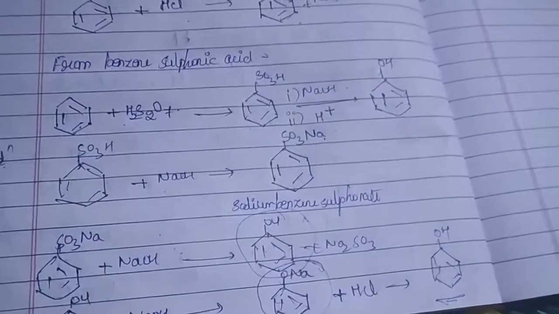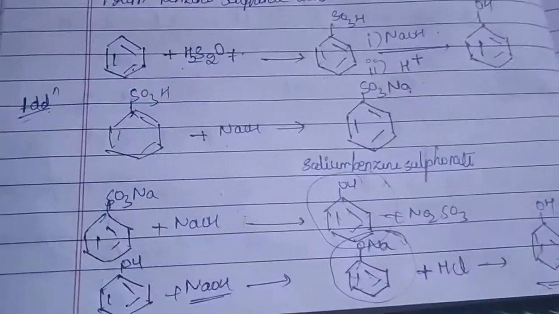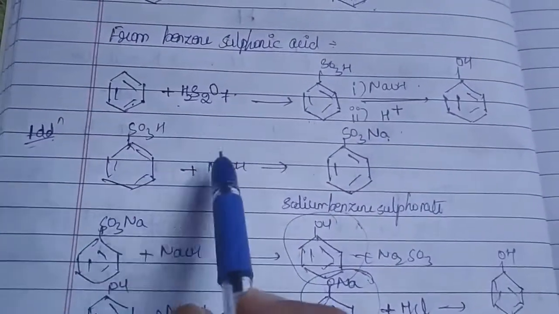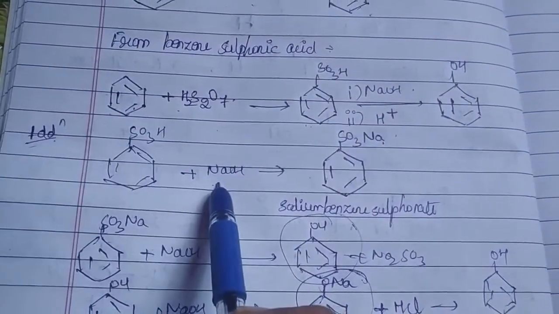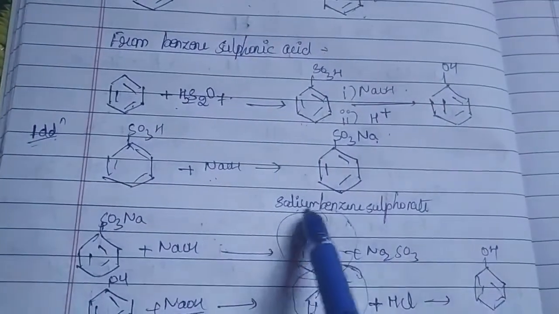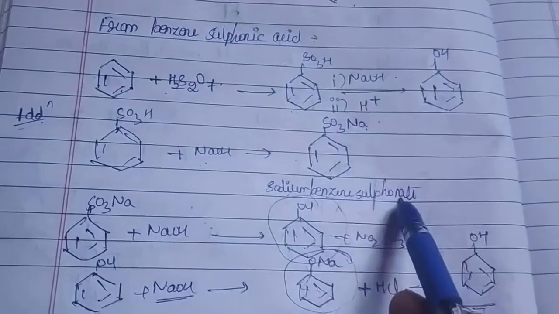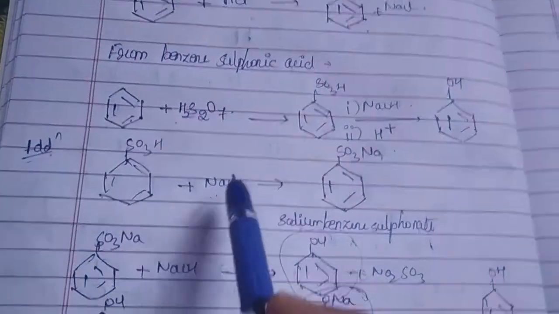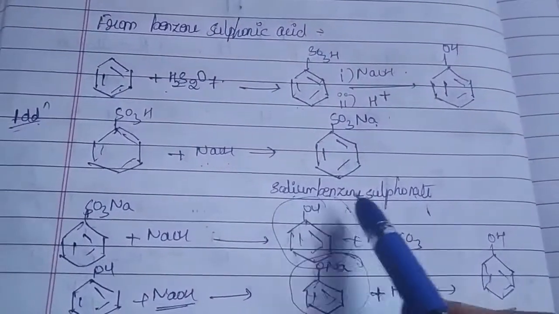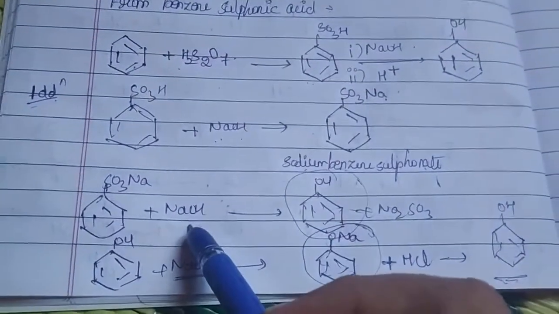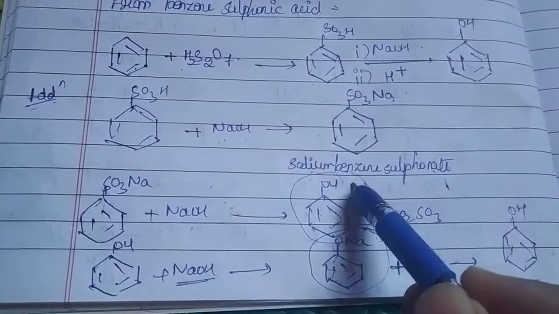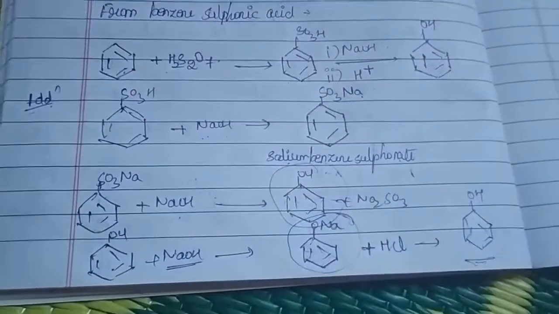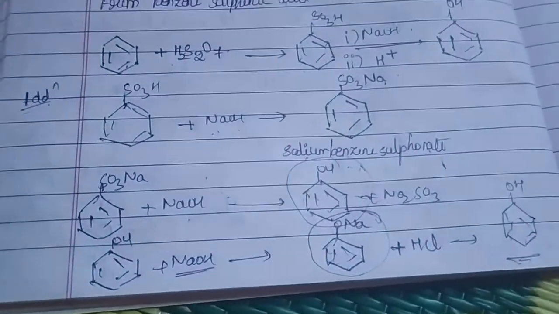What you can say, it can easily sit in your mind. But if you are a chemist, if you want to understand the chemistry behind it, this is what is taking place. Once you have obtained the benzene sulfonic acid, it is first treated with NaOH to give sodium benzene sulfonate. Then this sodium benzene sulfonate is again treated with NaOH. At that moment you will be getting our phenol. But this phenol is so reluctant that once again it reacts with NaOH to give sodium phenoxide.